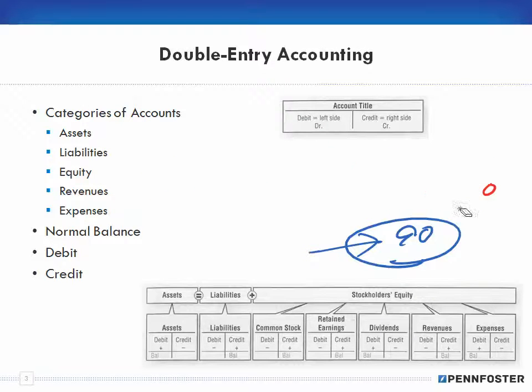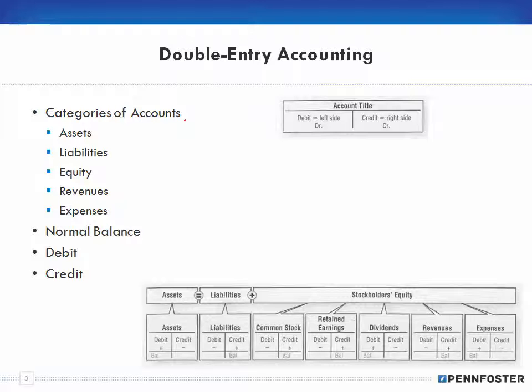Now, to work with double entry bookkeeping, it's not a matter of memorizing things. It's about understanding. And the understanding is a relationship between the categories of accounts, the normal balance, and the debits and credits. Okay, so for our categories of accounts, if you read the book, you have 5 categories: assets, liabilities, equities, revenues, and expenses. And in the chapter 1 theory videos, I covered the concept of a normal balance. All right. Well, before I go there,